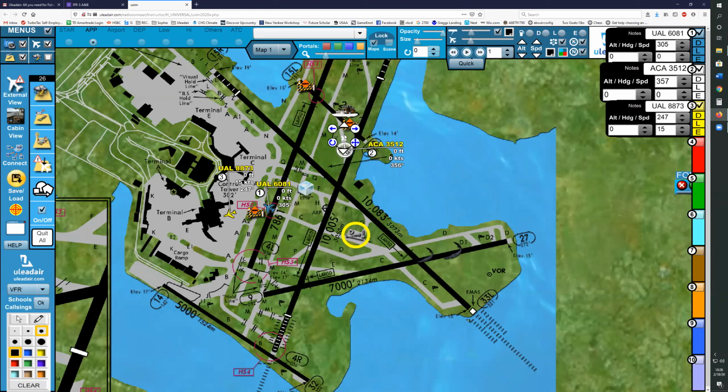So now, as you continue on, you call the tower back and say it looks like they're still there. Have they checked yet, or something like that? Okay. Tower, Air Canada 3512. On Yankee, we have a towing or something in the end of the Yankee. Oh, we haven't received information for this construction.